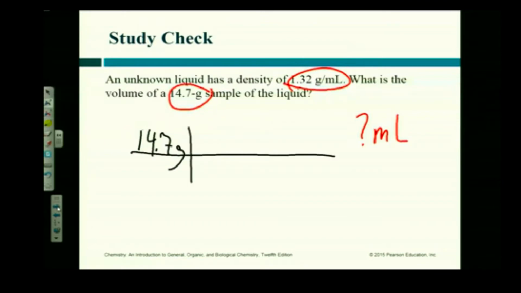What happens with this number here? It goes on the bottom. I have to write it as 1.32 grams is 1 milliliter. And here's why: because grams must cancel. See how we're using density to go from grams to milliliters now. So it says if you had 14.7 grams of this liquid, it would have a volume of